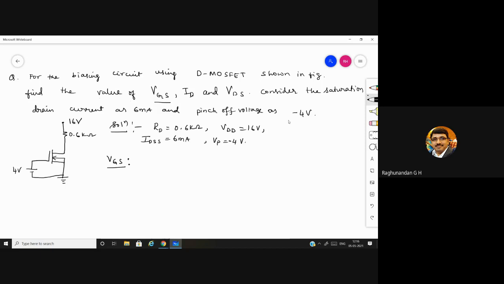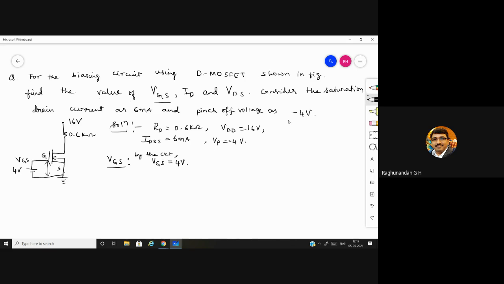I told you, no, we need to use common sense. See, this is the gate terminal, this is the source terminal. Between the gate and source, you have a voltage. Obviously, this will be VGS. No need to find anything. It is given in the circuit only. So this is what I told, the common sense. 4 volt. Because the voltage which is connected between the gate and source is the gate to source voltage. Already a source is being connected here. Obviously, the same voltage will be existing across these two. So no need to find, no need to apply anything. Directly write by the circuit. VGS is equal to 4 volt. That's it.